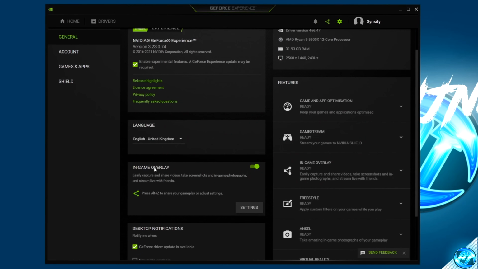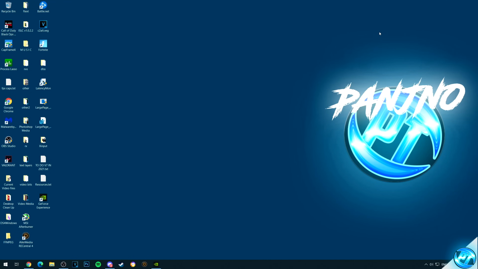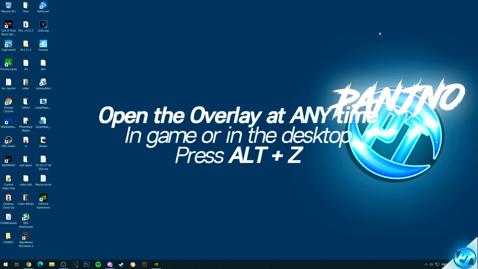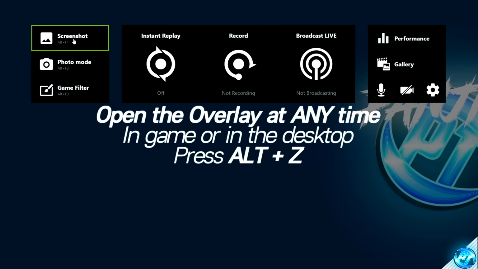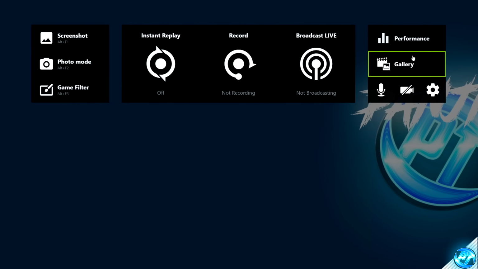This time navigating down to in-game overlay, then clicking on settings. Alternatively, to get into the in-game overlay settings at any time on your PC, whether you're in a game or not, you want to press the Alt key and Z on your keyboard. You'll have access to take an instant screenshot, activate photo mode, and use game filters, which we'll be covering later on in this video. For now, what we're going to be doing is navigating over to the far right hand side to the settings cog,